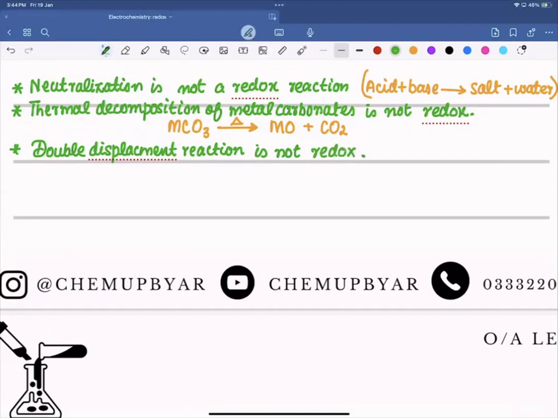Double displacement reactions are not redox. So what are double displacement reactions? Reactions in which two compounds exchange their ions. For example, there is a compound AB and a compound CD. A and B are the ions in that compound and C and D are the ions in the other compound. On reaction, what will happen is that